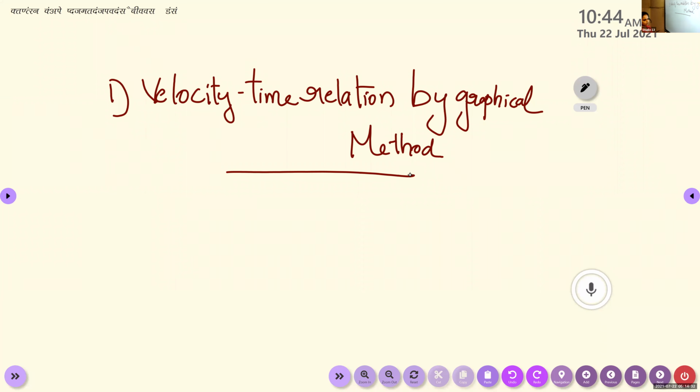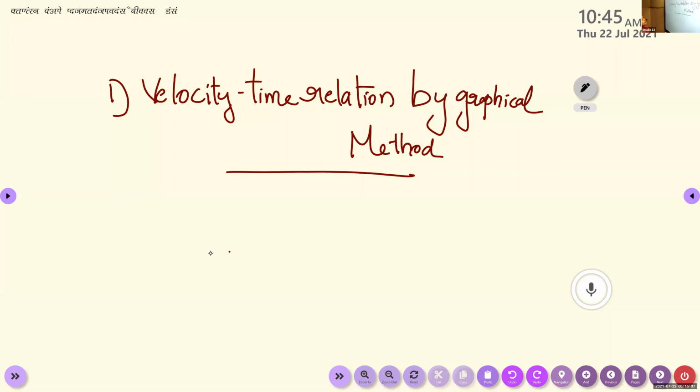Ma'am, you gave velocity time graph, ma'am. So we have to study only the points. Yes, only need to study those points. Only the three equations. No need to study the graphical representations. Ma'am, will problems come based on graphical representation? No. Because we have not practiced any problems based on this, so you don't need to expect any numericals from that portion. Study only the three sets of equations of motion.